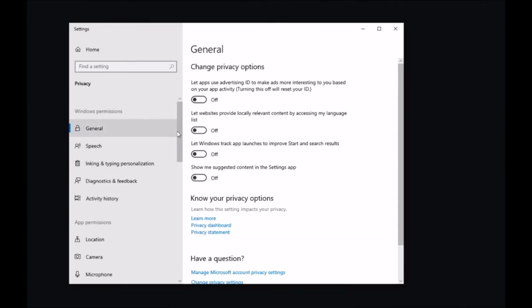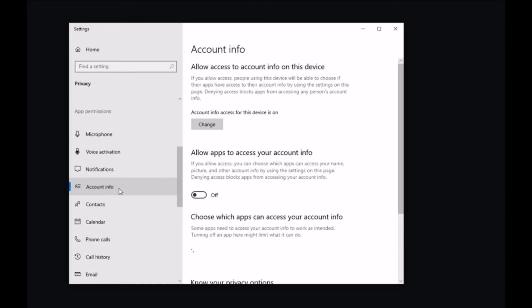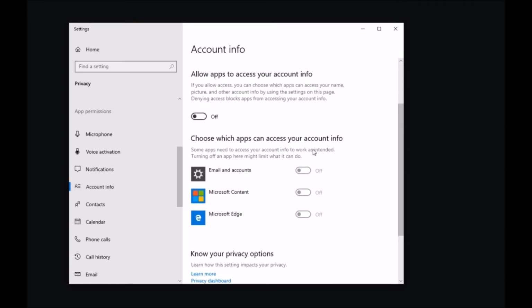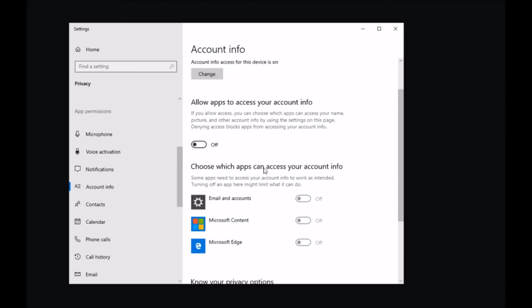On the left menu, I'll also recommend you try to go and see this small tab, account info. And if you scroll down a little bit, you'll notice the applications that have access to your account. If you have push email and stuff like this, if you deactivate it, it may not work any longer. But just perhaps try to switch it off and see if you can work properly with everything you do on a computer. And maybe this is just simply limiting a little bit the information you transmit to other apps, to other companies, and to Microsoft.